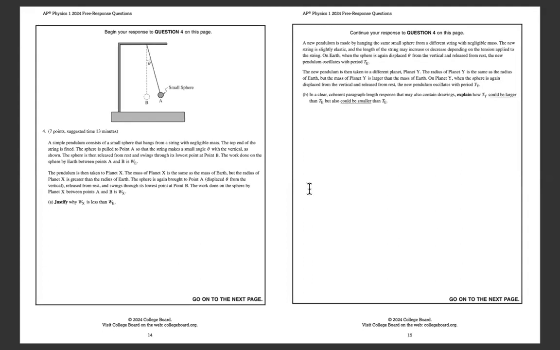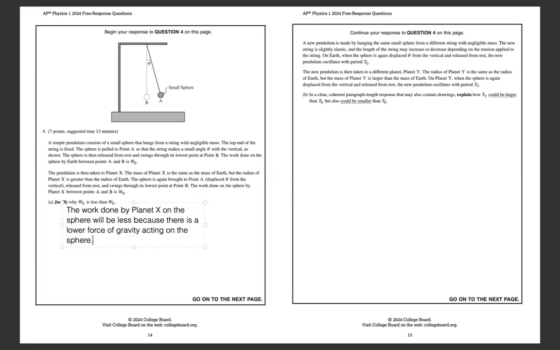Okay, so the radius of planet X is greater than the radius of Earth, and you have to justify why the work done on planet X is going to be less than the work done on Earth. Okay, not too bad. All right, the work done by planet X on the sphere will be less because there is a lower force of gravity acting